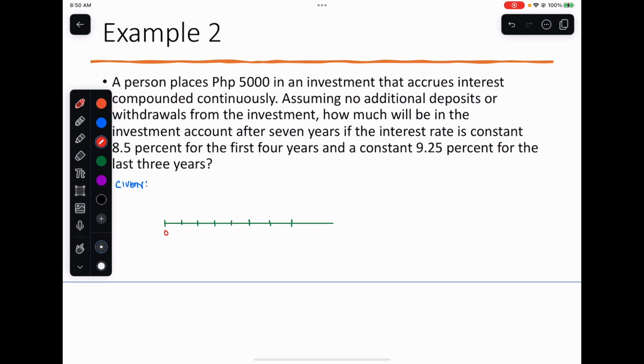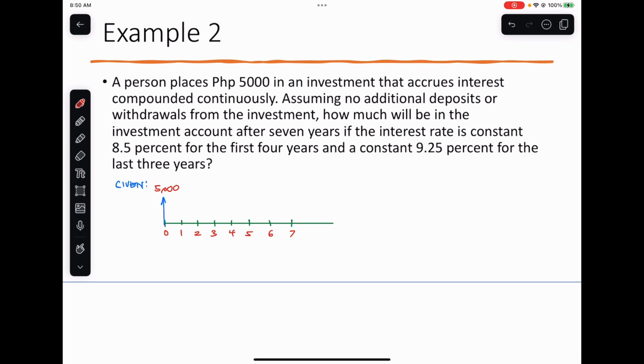So this is from time 0 to 7. So let's say at time 0, you deposited 5,000. And then the